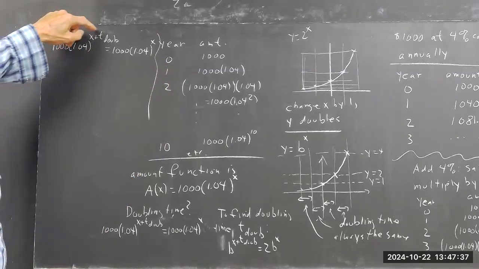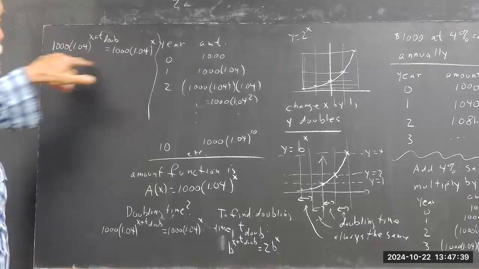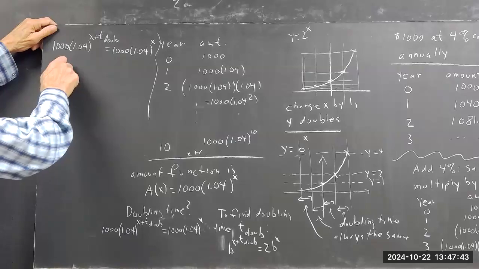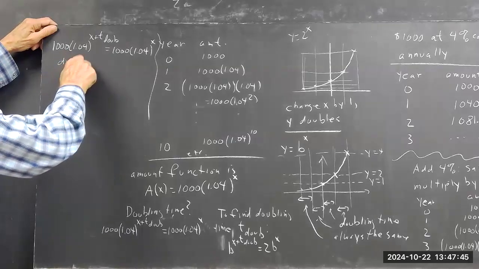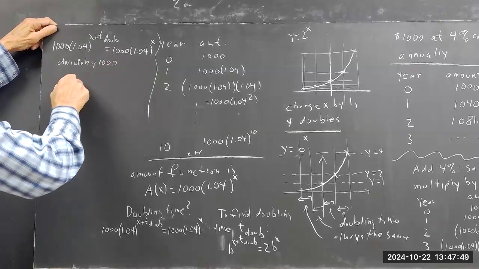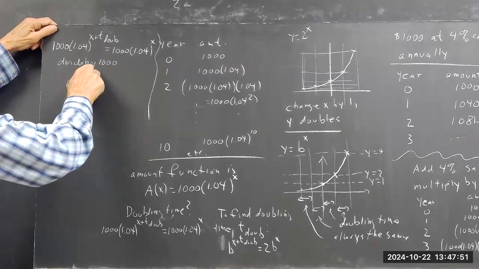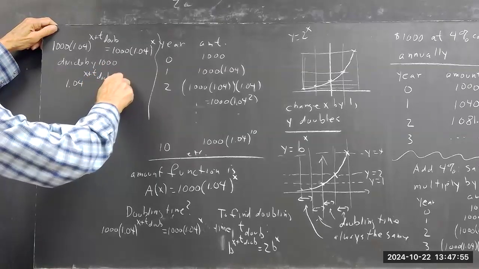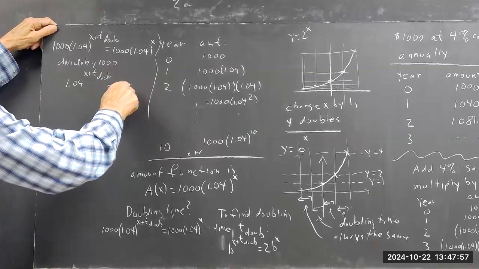Now, what's 1.04 to the x plus t dub? First of all, I can divide both sides by 1,000, right? I get 1.04 to the x plus t dub equals